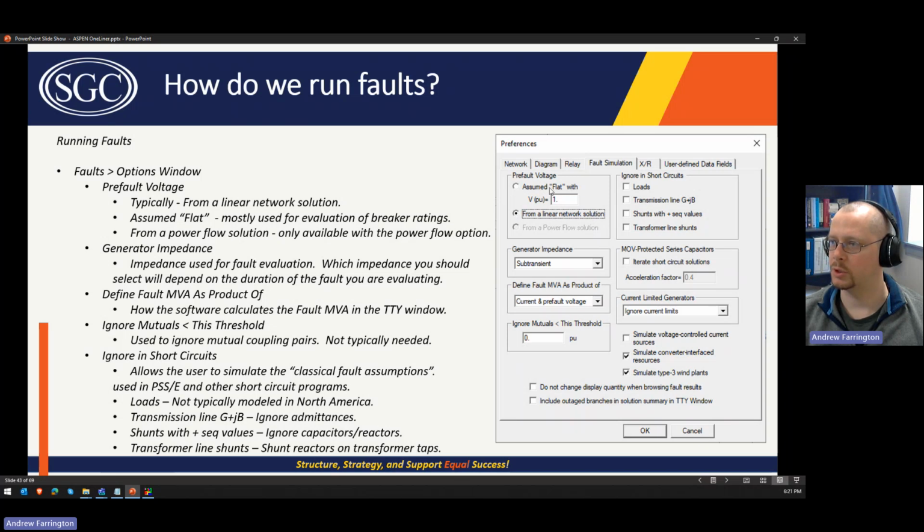You also have the option to do an assumed flat per unit voltage. So the assumption would be like every bus was at 1 per unit when the fault happened. And obviously the pre-fault voltage will impact the amount of fault current that there is. Usually you do the linear network solution unless you're checking like breaker ratings. They're also used